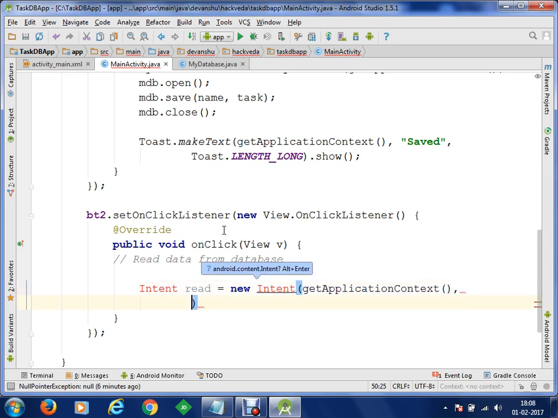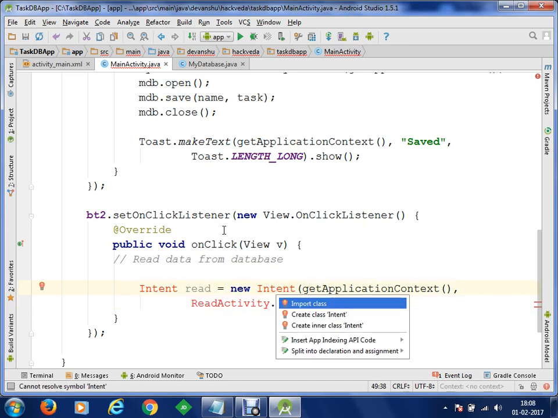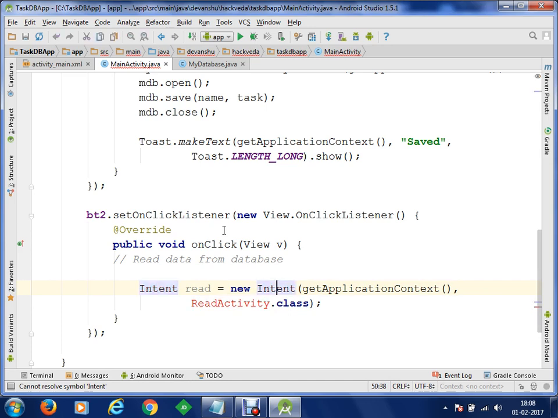to the next class, and that class will be, let's say I'm going to create another class, and we are going to call it ReadActivity.class. So I need to create this activity. I'll just create this activity and then we'll switch to this. So what we have to do, let's import the class Intent, and in the next part of the video we are going to create a new class known as ReadActivity, and we'll switch from the current application context to ReadActivity. And what we'll do, we are going to start the activity, and we are going to execute read here, and finally we are going to finish the current activity. Let's save it.